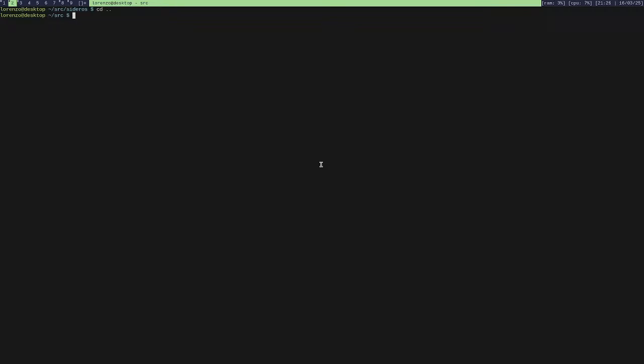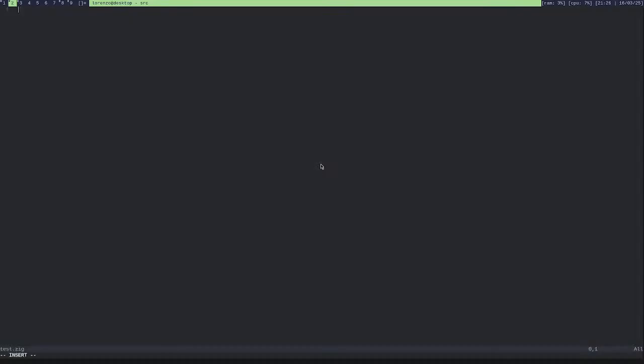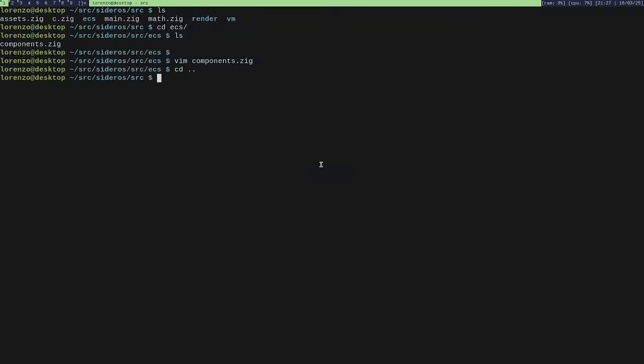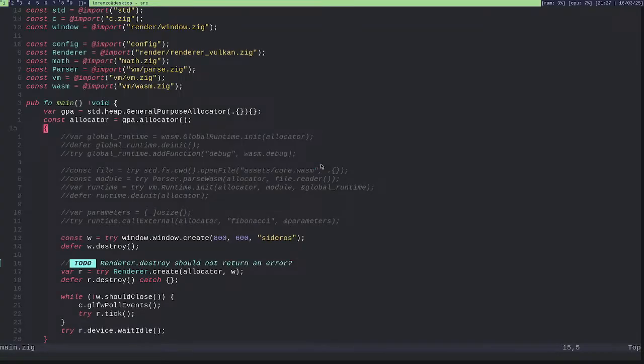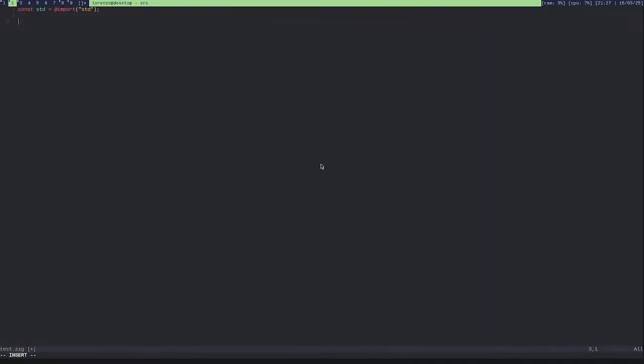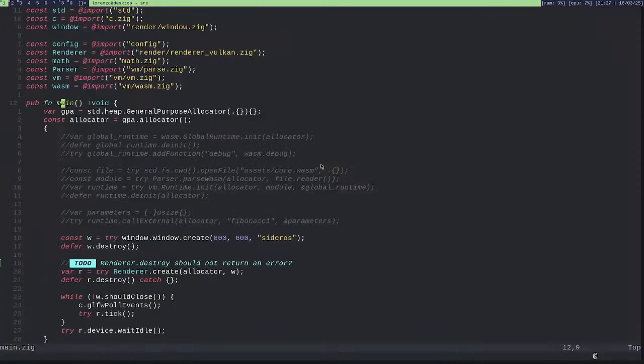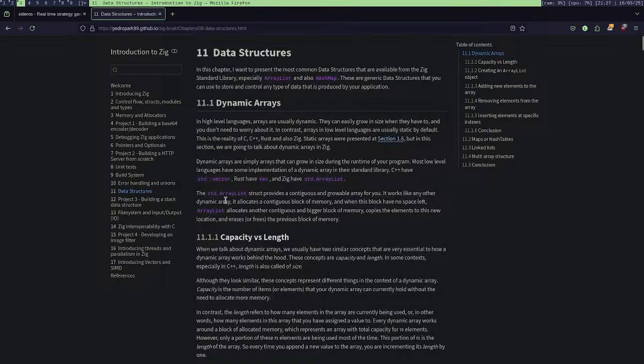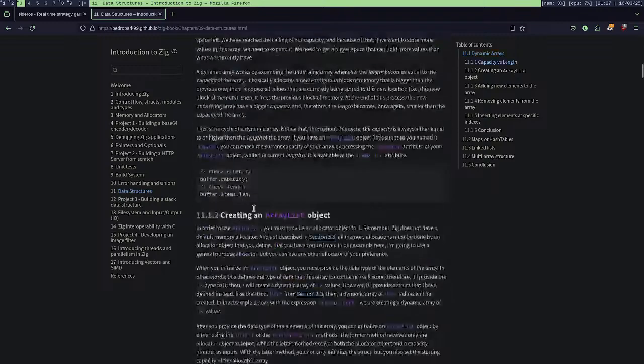So let's see. I want to create an array list, which is std array list.